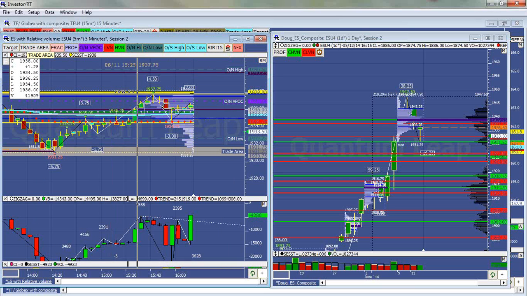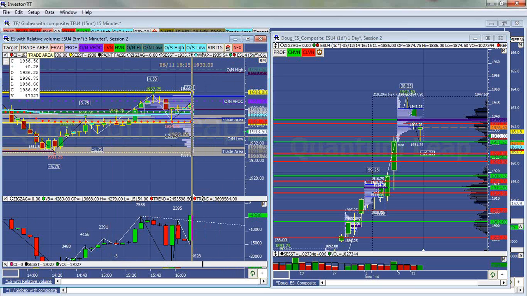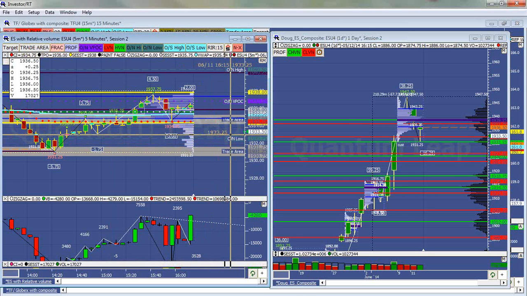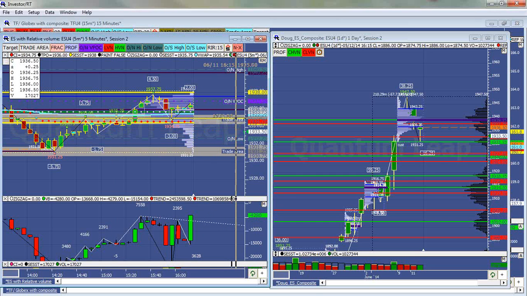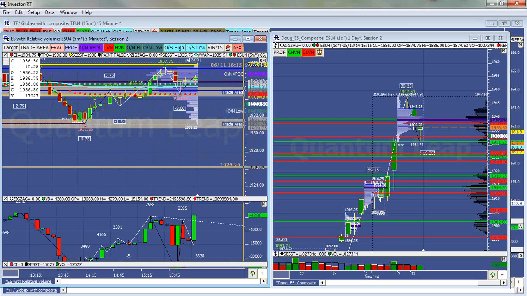So I would just caution you that if you try to get long or short here, you really don't have any real determination on which way it's going to go. I think you've got to wait to see if they reject value or they reject range, and then if they break out of the, let's deal with the downside first. If they break out of the 31 1/4,